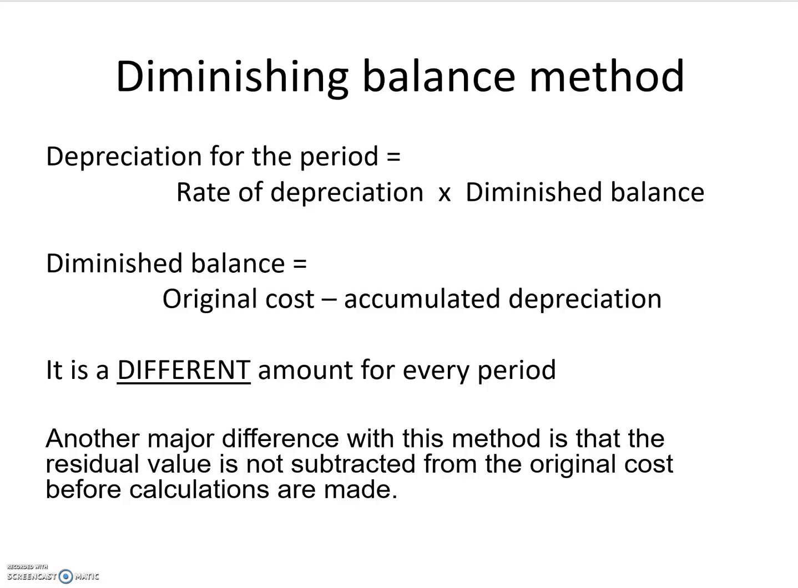And there's a few things we need to know about this. So depreciation for the period is the rate of depreciation, and it's usually a percentage times the diminished balance. So there's a couple of new terms there. Diminished balance is whatever it cost us for the item in the first place minus accumulated depreciation that we've done